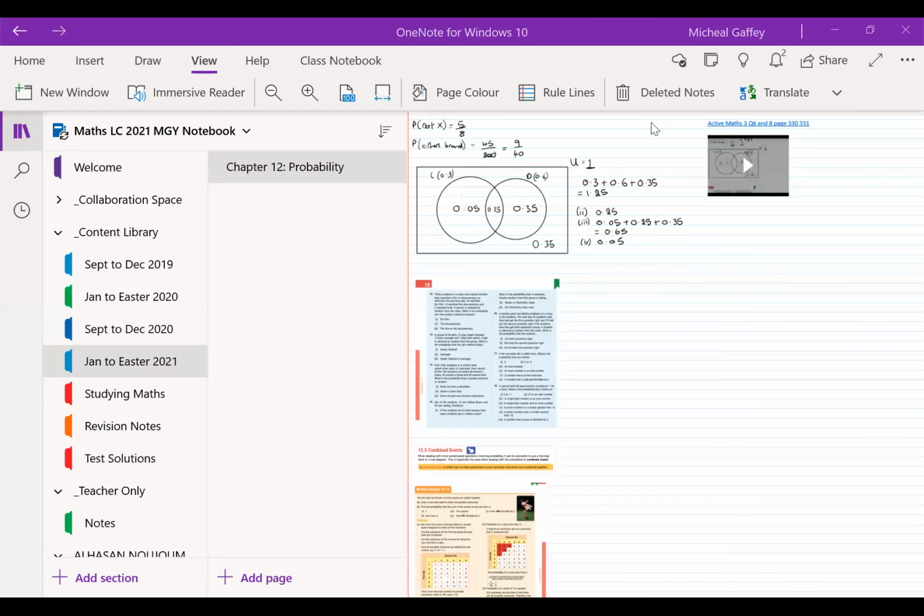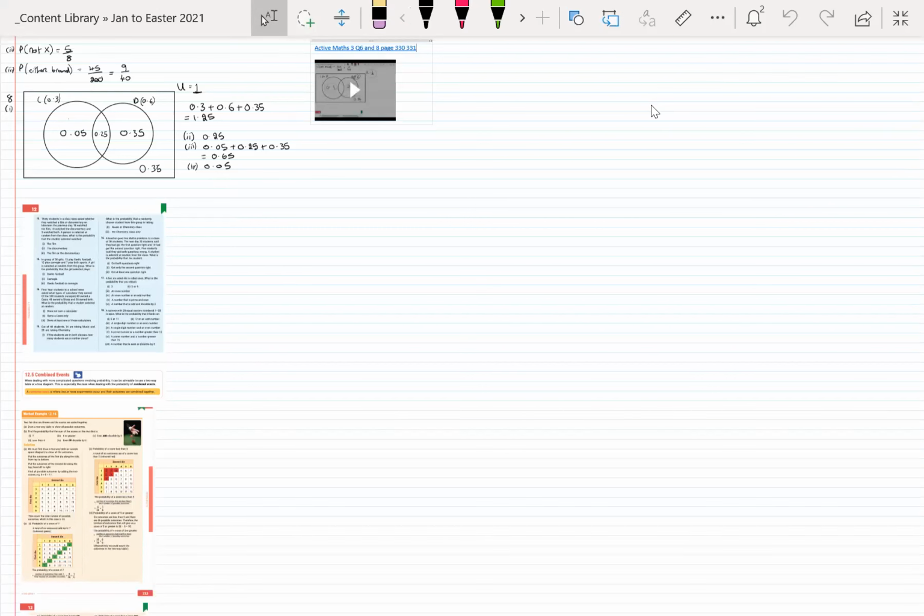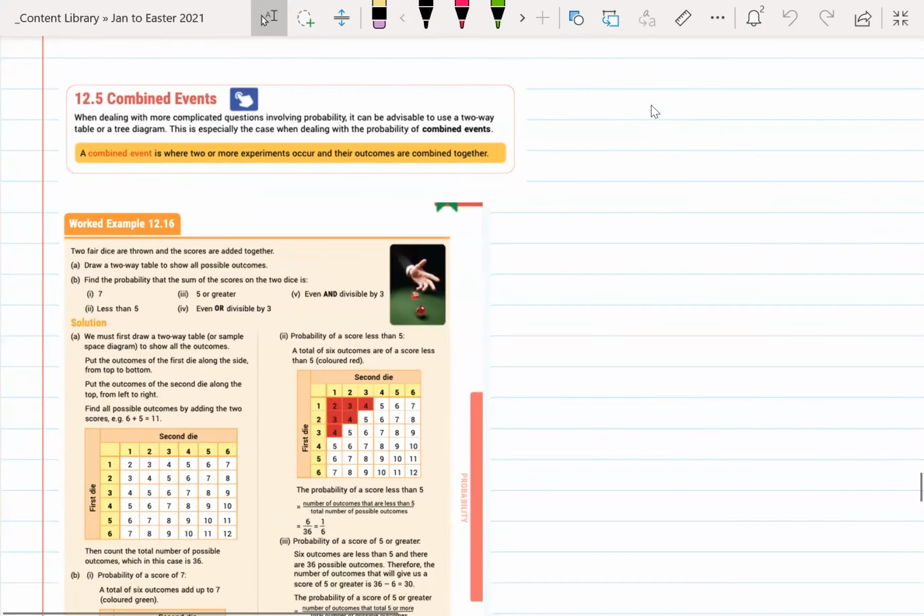Now, guys, just to move things on, we're going to look today at combined events. What page is this? Let me have a look here. In your books, this is page 332, okay? Page 332. So when dealing with more complicated questions involving probability, it can be advisable to use a two-way table